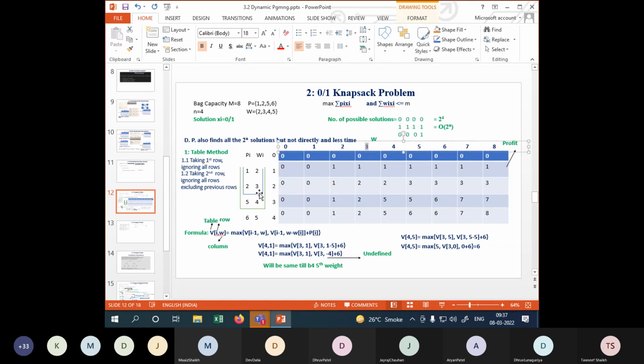चेंज कहाँ होगा, जब मेरा वेट 3 kg है और मेरा इस आइटम का वेट भी 3 kg है, और चूंकि ये मुझे मैक्सिमम प्रॉफिट देता है, तो मैं इसको यहाँ पे ऐड कर सकता हूँ, मतलब कि मैंने ये आइटम इसमें ऐड किया, है ना। इसमें मैं ऐड कर सकता हूँ, ये वाला भी कर सकता हूँ कि नहीं, मगर आई हैव टू सी विच इज द मैक्सिमम प्रॉफिट यील्डिंग, सो दैट्स व्हाई मैंने यहाँ पे इसको प्रॉफिट 2 लिखा, मतलब मैंने ये आइटम ऐड किया। अब जब मेरे पास बैग में 4 kg की कैपेसिटी आ गई, बट मैं दोनों आइटम को ऐड करना चाहूँ क्योंकि मैक्सिमम प्रॉफिट करने के लिए, बट दोनों का मिला के मेरा 5 kg बनता है,